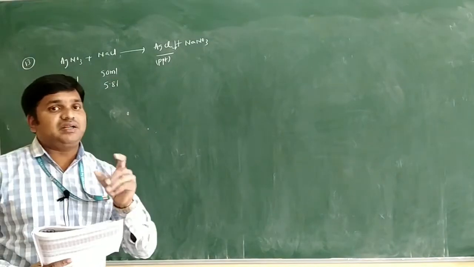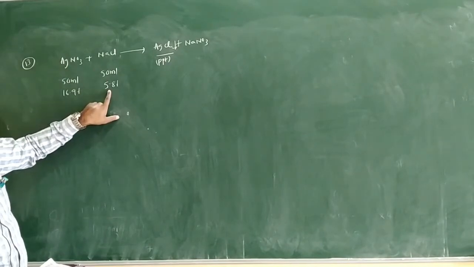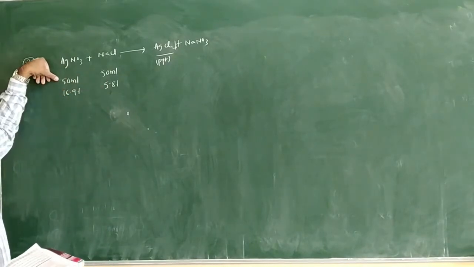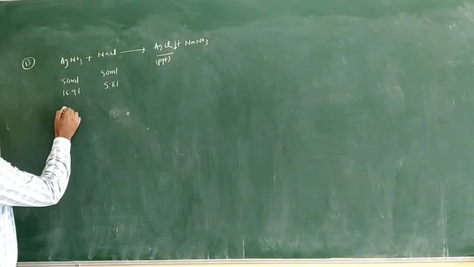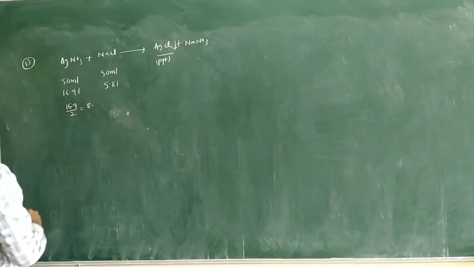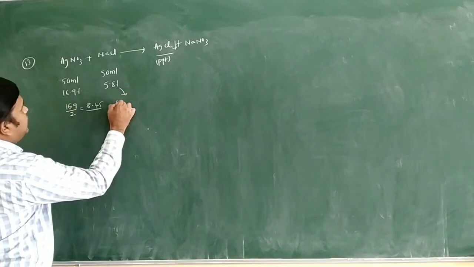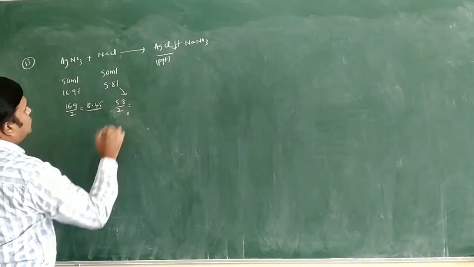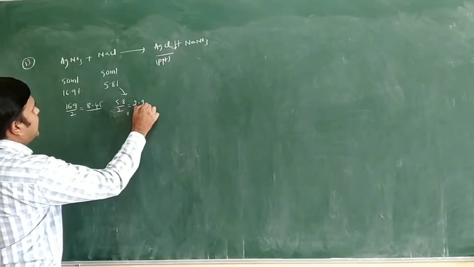Actually if you take 100 ml, that is 16.9. Actually you can take 100 ml, how much is it? 5.8 only. But here how many ml is given? 50 ml is given. You have to take how much here? By 2 you can find out here. If you want to take for 100 ml, what will you get? For 50 ml, 16.9 by 2, how much will you get? 8.45 you will get. For this how much will you get here? 5.8 by 2. Then what may you get here? 2.9 you will get.